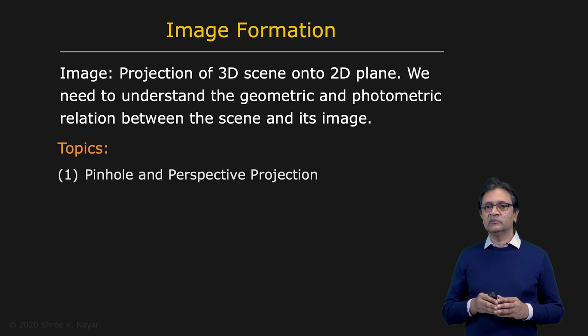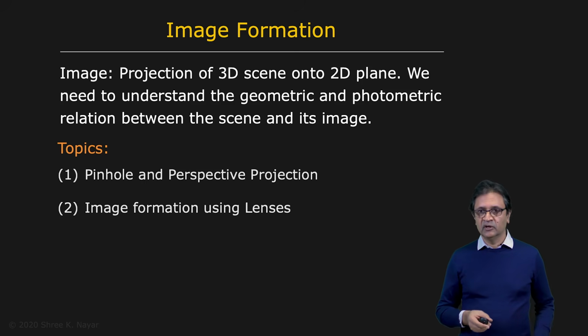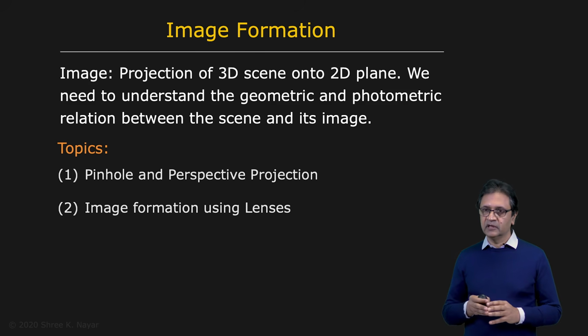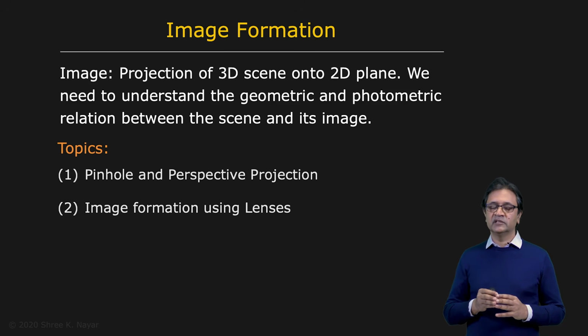And then we'll argue that while the pinhole camera is great in terms of the clarity of images it can produce, it simply does not gather enough light. To resolve this issue, we use lenses. We'll talk in great depth about image formation using lenses. Lenses have various attributes: focal length, depth of field, defocus, f-number. We'll discuss all of these different characteristics of lenses.